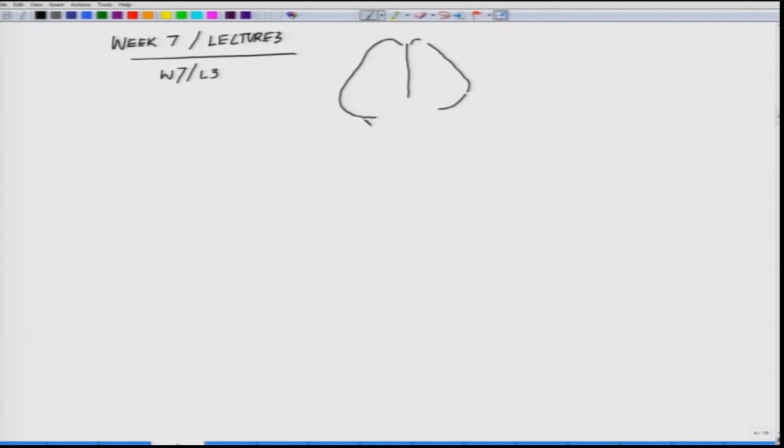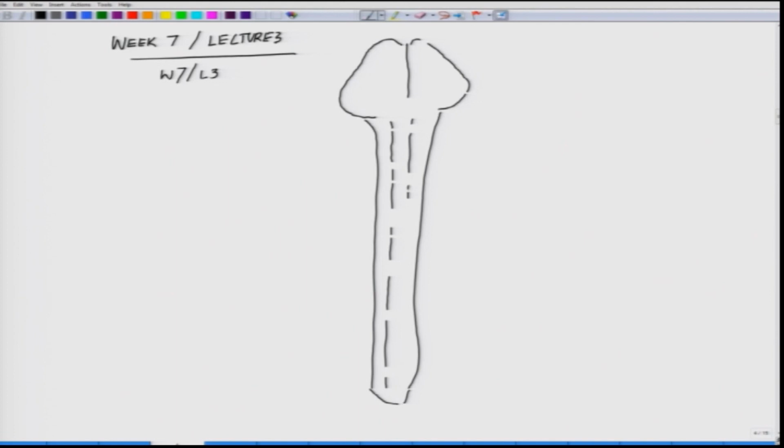So let's start with this chapter. We are on week 7, lecture 3, W7L3. Okay, so now let's again redraw the brain and spinal cord connectivity. Here is our spinal cord, we talked about the brain, and here we have the ventral horn, the dotted line showing the ventral horn motor neurons. Most of the motor neurons are sitting here